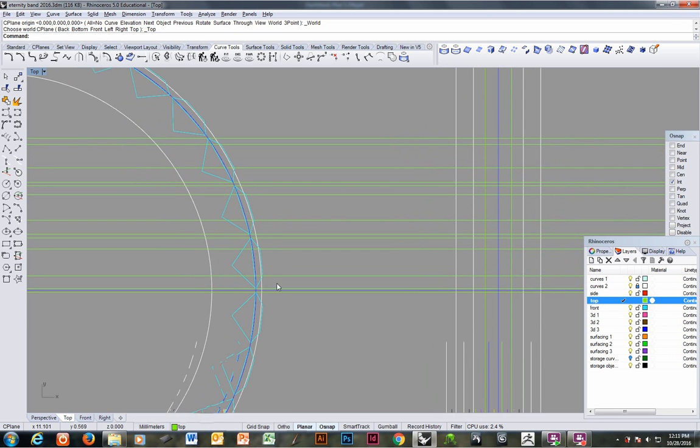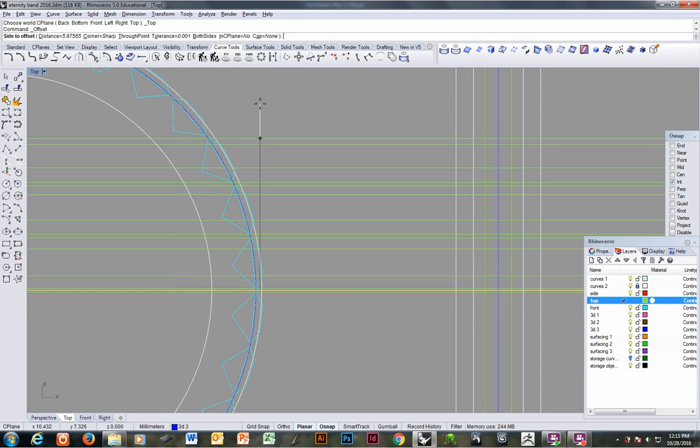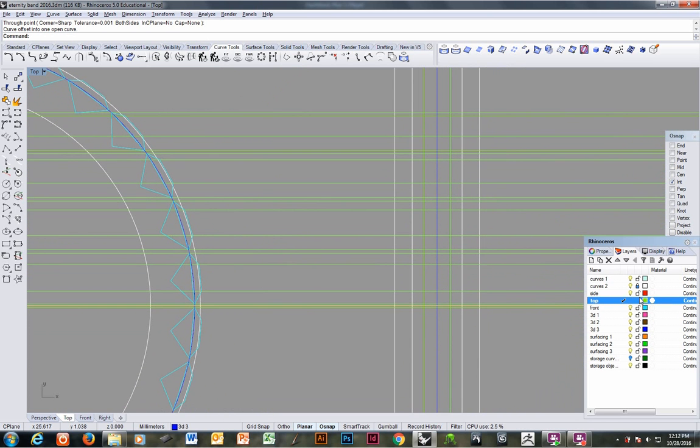Okay, somehow I lost my command, so I'll go back and pick it up again. Offset. Through point. Offset. Through point. Offset. Through point. Offset. And you see how each time it goes back to where it was just at, because it always remembers the previous distance. Through point. And I'm going to stop there because I think that's the last one where it will make an